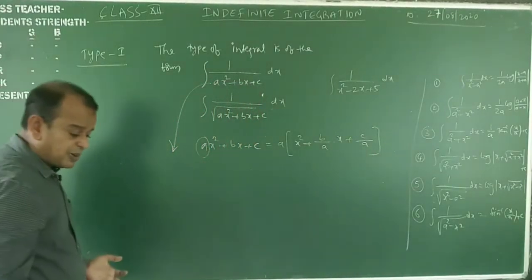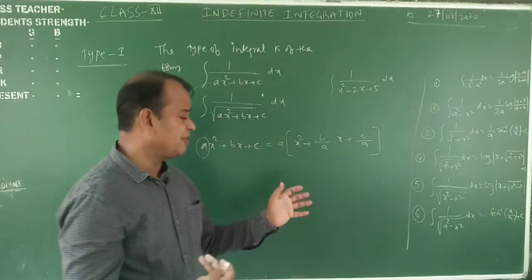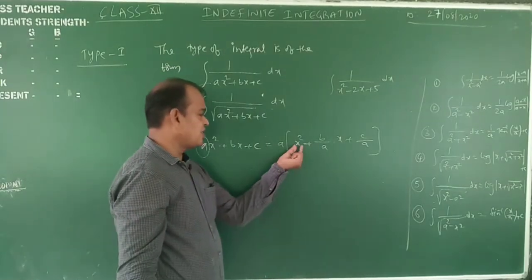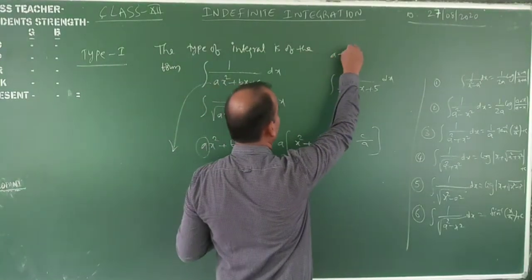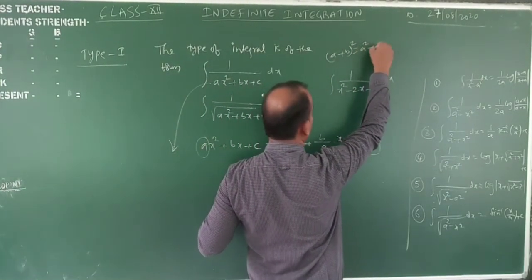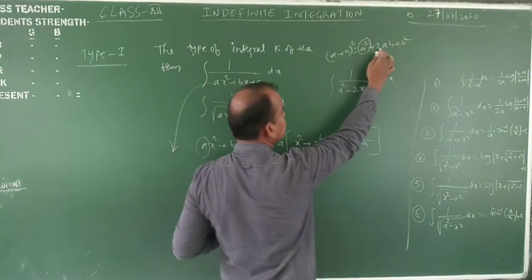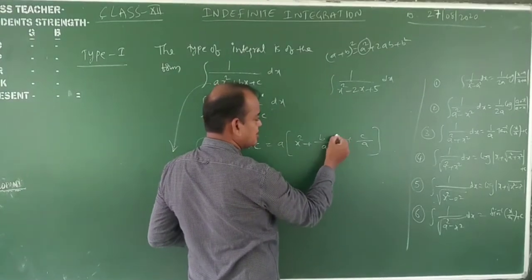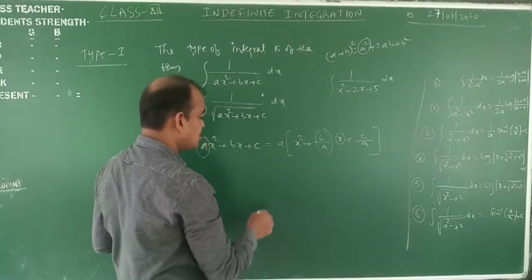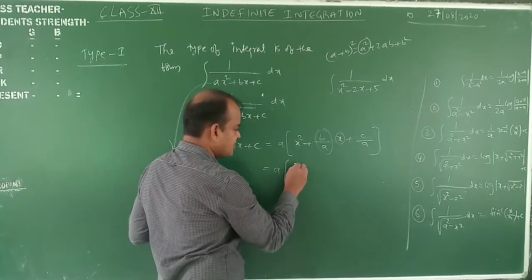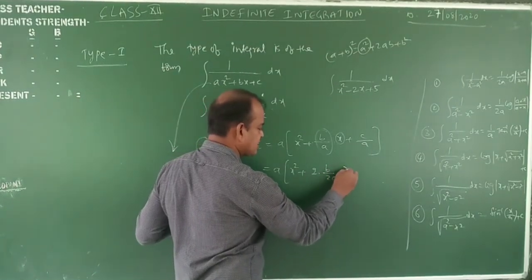How to make the perfect square of the two terms, sum or difference in between? Here observe: for suppose x is a. What is the formula? a plus b whole square formula, you know that very well. a plus b whole square is equal to a square plus 2ab plus b square. Here a square is there, and 2ab. Here this is a, suppose this is b, 2 is missing. That's why I write it as x square plus 2 into b by 2a into x.